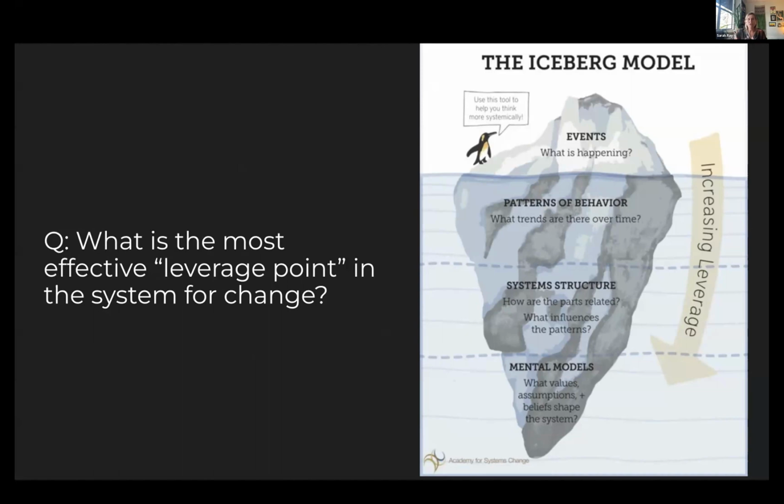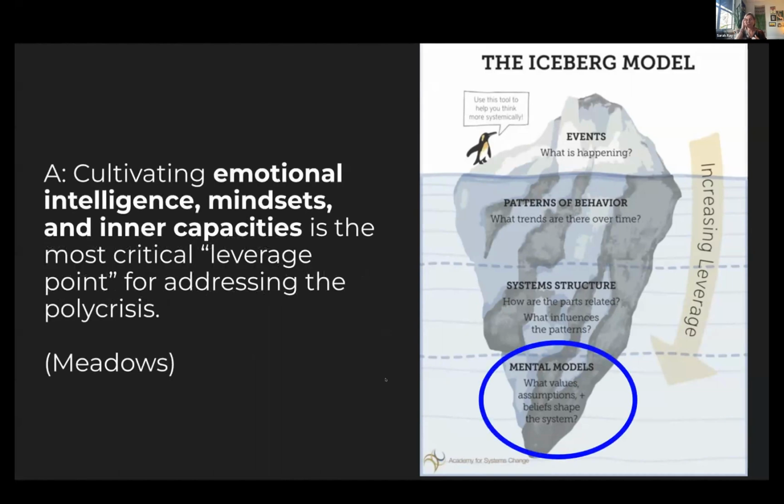And where is the sort of biggest bang for our buck, greatest impact that we can have in changing what Donella Meadows calls the leverage points in our system to have the biggest effect to change the problems that we see in the world? Well, for Donella Meadows and for a lot of people who are turning their focus to this, it's at the bottom of the iceberg that this gets the biggest bang for our buck, focusing on emotional intelligence, mindsets, inner capacities as the most critical leverage point for addressing the polycrisis of the myriad events that